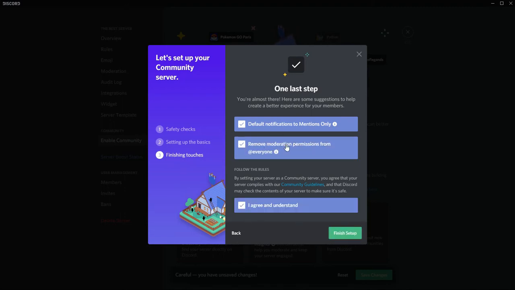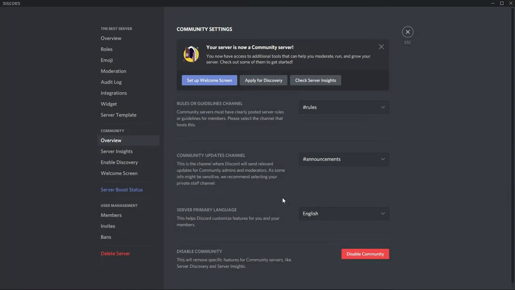You don't have to click these. This is just a preference, but if you do, it's totally okay. That's what I'm going to be doing. Now you're going to go ahead and click finish setup, and you officially have community settings,